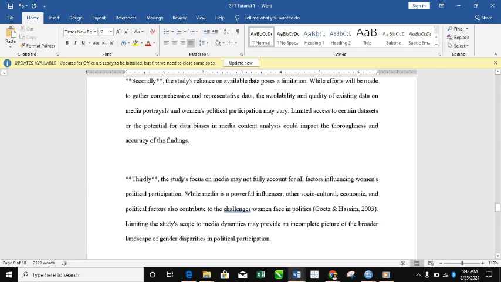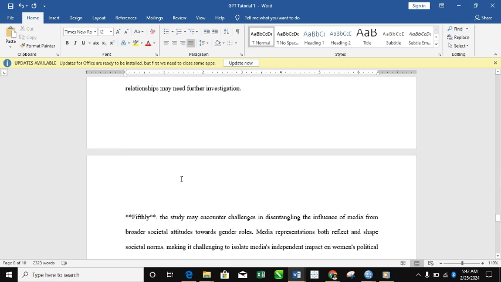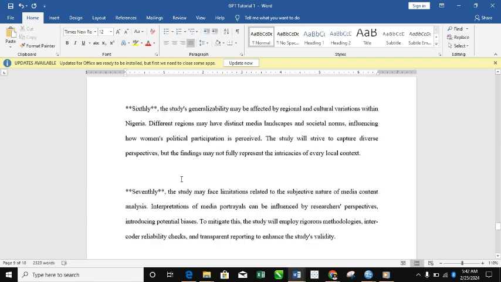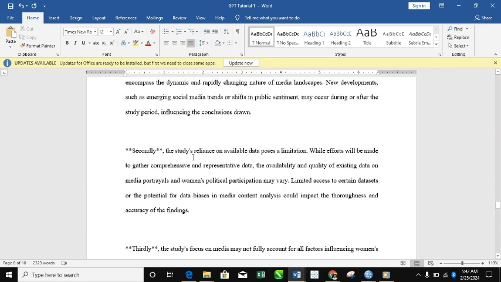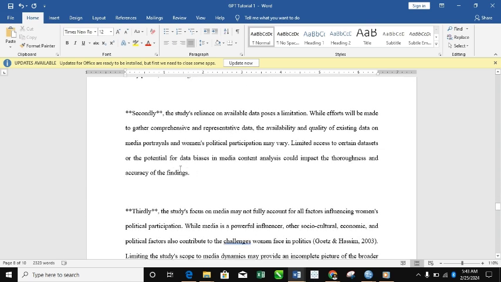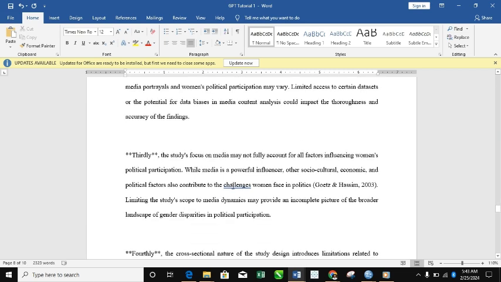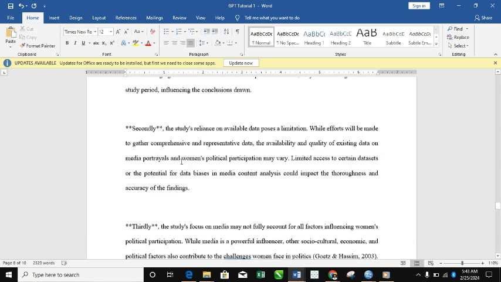Now, I have to look into all the limitations that provide and pick the one which are most appropriate for the study. So I can say, okay, secondly, it says the study relies on available data poses limitation. While efforts will be made to gather comprehensive and representative data, the availability and quality of this data on media portrayal and women political participation may vary. Limited access to certain data sets, potential for data biases in media content analysis could impact the thoroughness and accuracies of the findings. So this is also something that